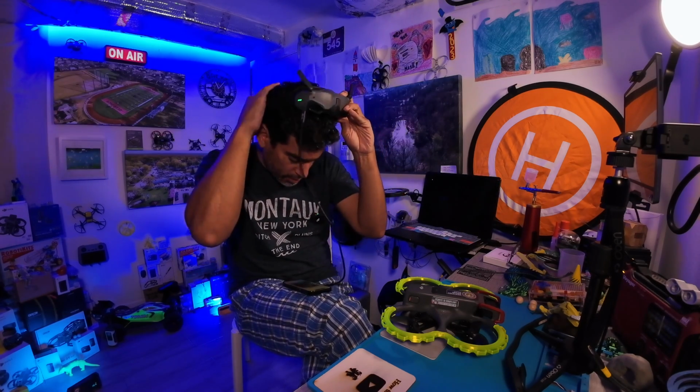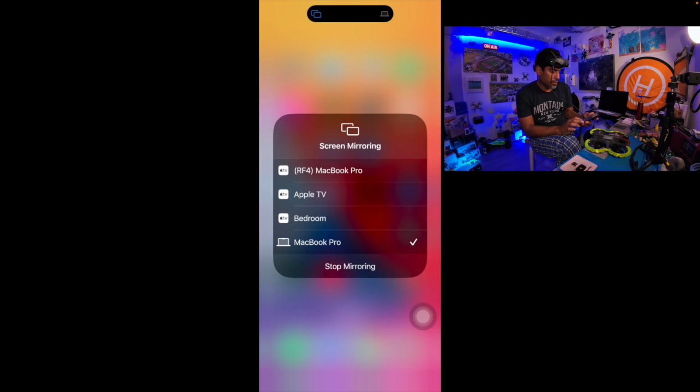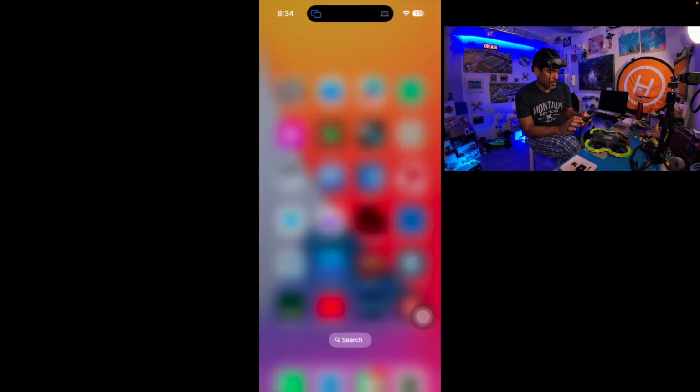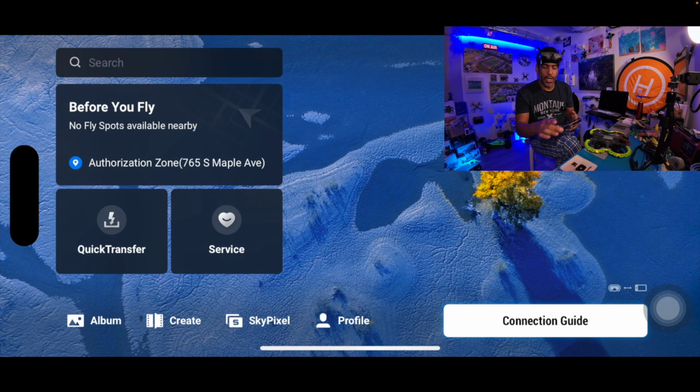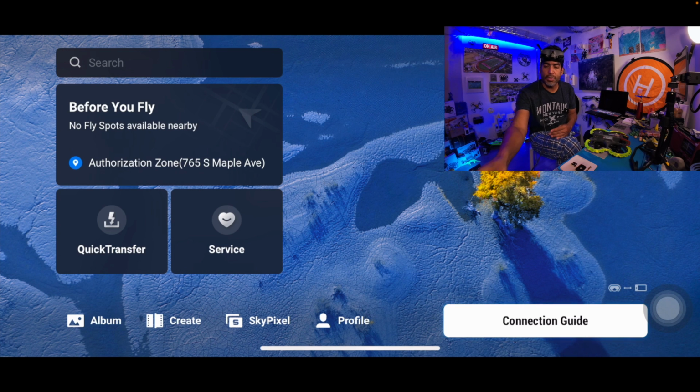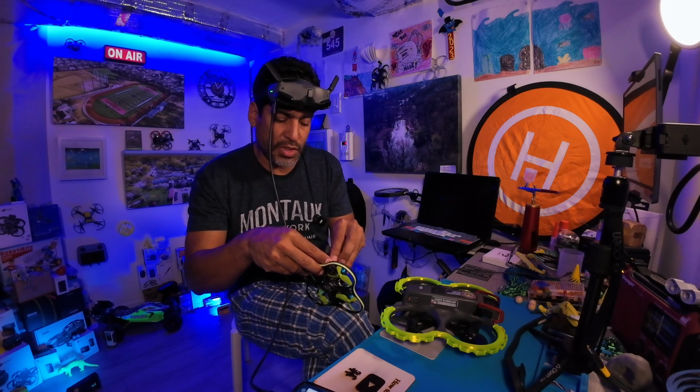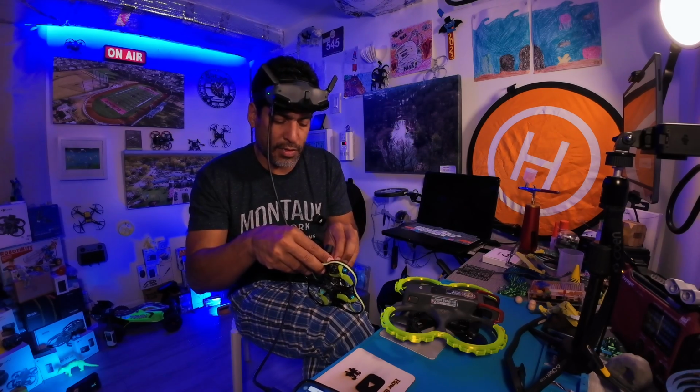Okay, once those are on, everything should work accordingly. And we're not going to stop mirroring. We're going to open up the DJI Fly. We heard the ding, which is great. And now for this one, similar experience, or if you have this FPV drone, right? Of course, it has to be on. And once it connects to the goggles, you should have a seamless